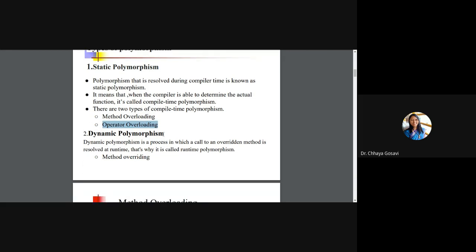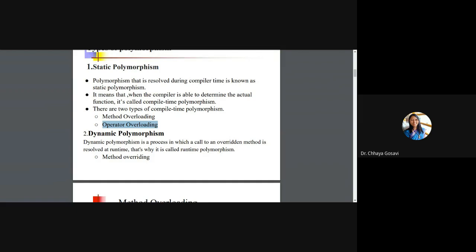So what is operator overloading? Like function overloading, you can write a function to perform different things, you can ask an operator to do different things. For example, the plus operator is used to add numerical values, say two integers, two characters, two floating point numbers, two double numbers.